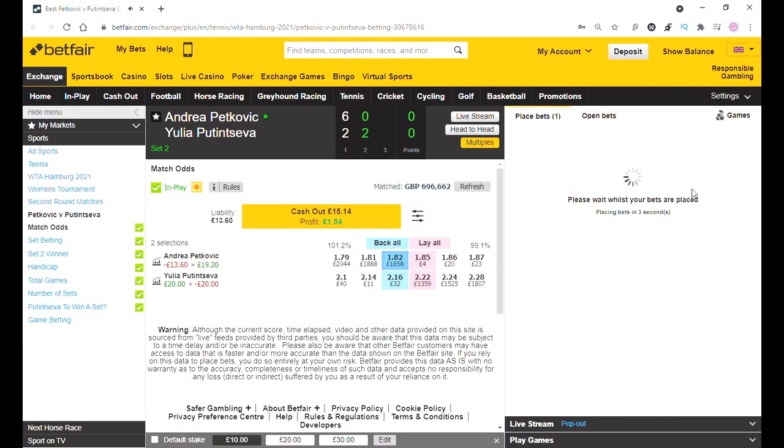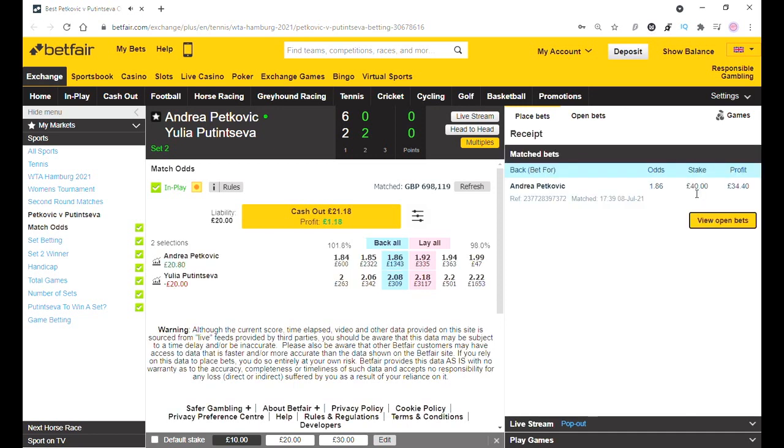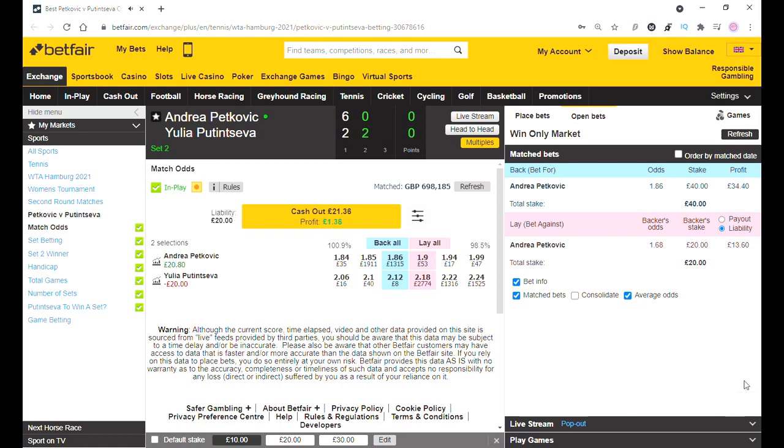Now in terms of the stake structure, I think I will do a separate video about the whole staking plan when backing and laying the favourite, or backing the server, laying the server. I would think I will do a separate video on that to talk you through it. But effectively you can see on my screen the stakes that I've used with